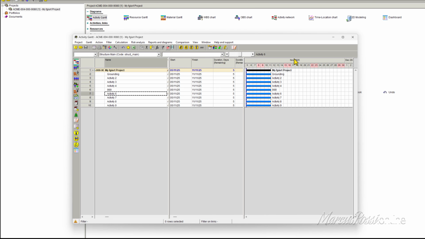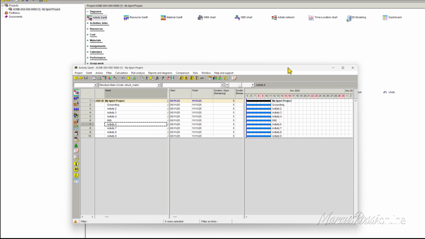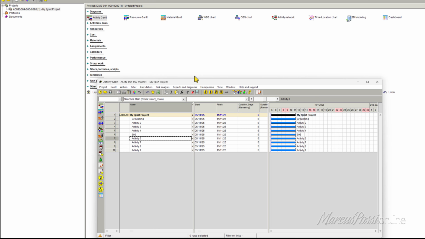Activity Gantt diagram here. It's very familiar to everybody. There are lots of different modes. I expect we'll talk about some of them in the future, but